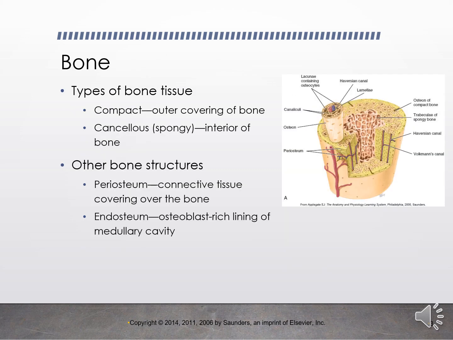There are two types of bone tissue. Compact forms the outer covering of bones. It's a bunch of tightly packed Haversian systems. Cancellous or spongy forms the interior of bones, so it's less dense and more porous, and it does not have the Haversian systems. There's also the periosteum, which is the connective tissue that covers the bone, and the endosteum, which